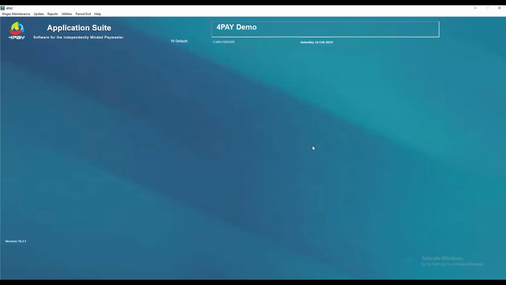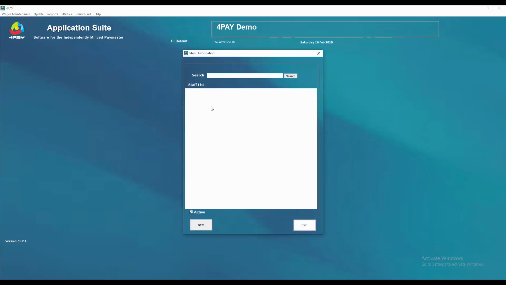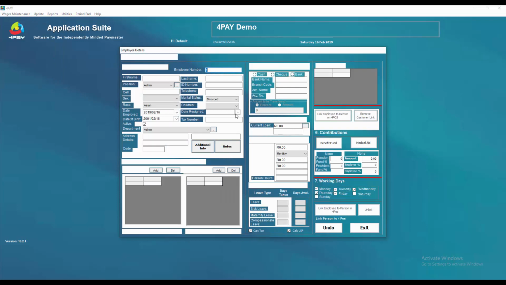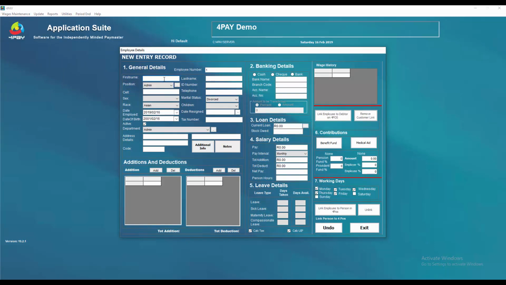Alright, so let's get back into the nitty-gritties. So obviously I want to be able to go and create some staff that I have, and I'm going to just type in Mary as a name, and the last surname is Adams. Alright, and once you've typed in all the details and stuff like that,